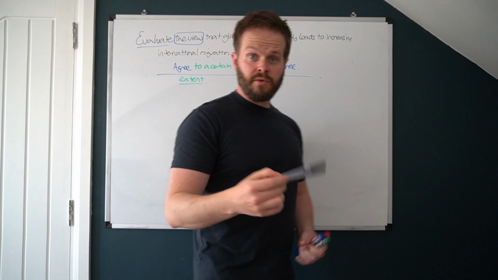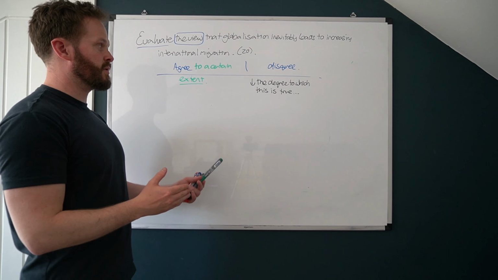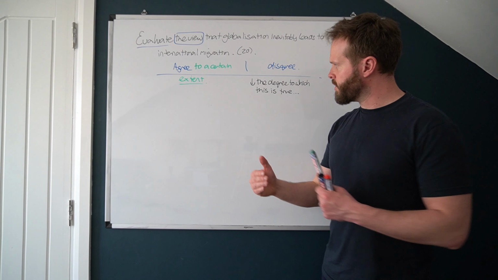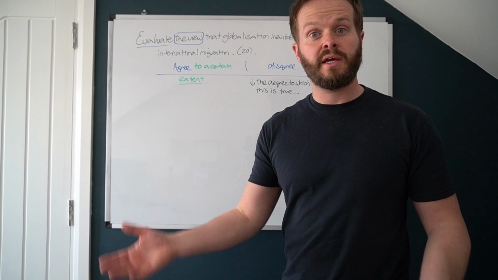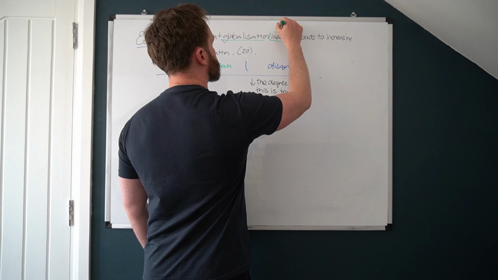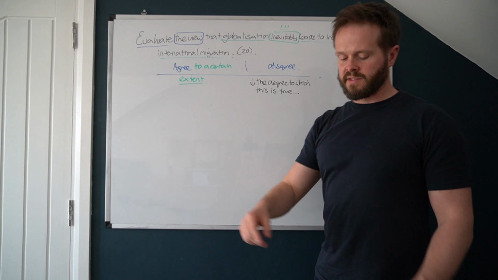Now, remember, on the disagree side, you've got 2 options. For this essay, I would stick with this. In some essays, when you're disagreeing with the view, you can always put forward a viewpoint of a greater influence on rates of international migration, might be going down that route there. What's the view that's on trial? The view that's on trial is this. There's the view that globalisation inevitably leads to increasing international migration.